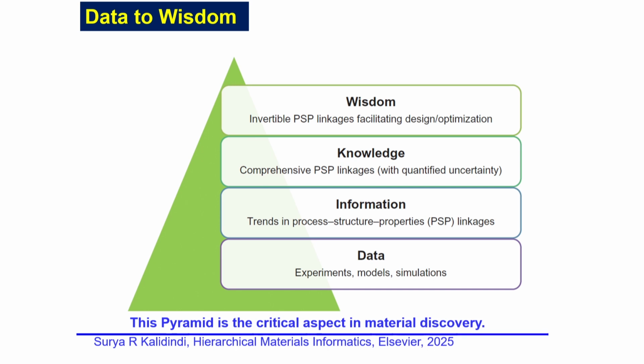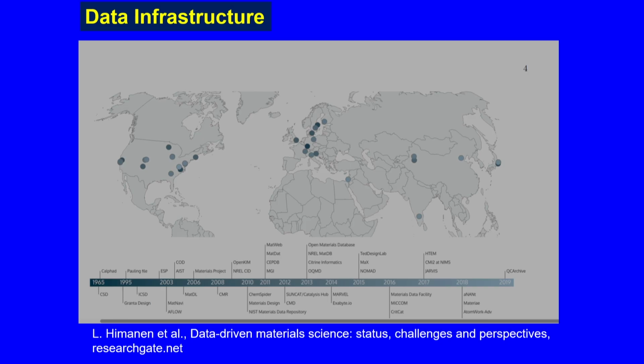So, as you know, this is the recent map of data infrastructure. This is on the world map. I do not know whether you can see it. The US and Europe have the largest data repository infrastructures. India has only one, probably in the southern part of the country. Japan and China have some. Okay. You can see Israel has something, but mostly they are focused on Europe and the US.